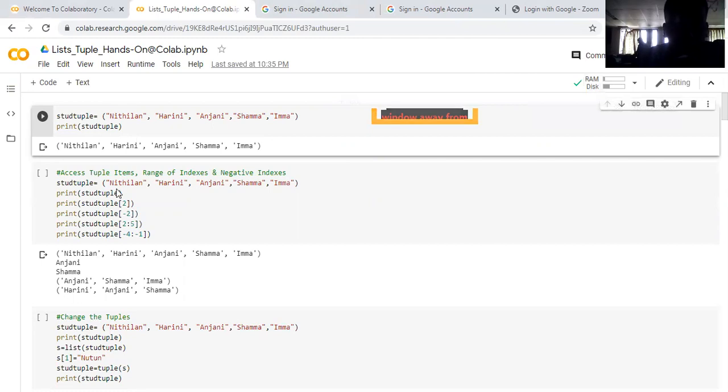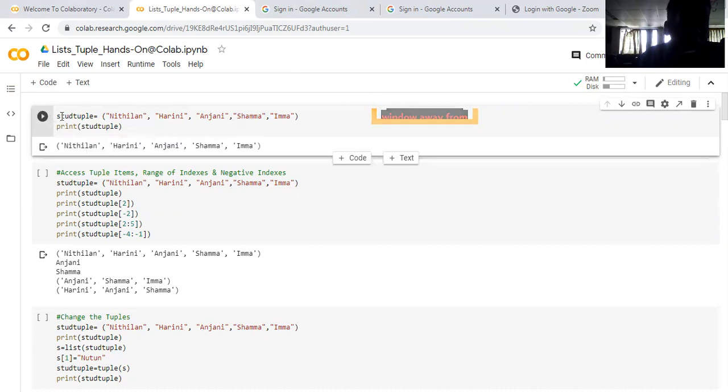So now you run each and everything. This is what we went through in yesterday's class. In yesterday's class, first we went with the tuples. So what is a tuple? A tuple is a set of elements. The only difference between list and tuple is that inside the tuple you can't change any values, whereas inside the list you can change all the values. Now once you place each and everything there, you run your program.